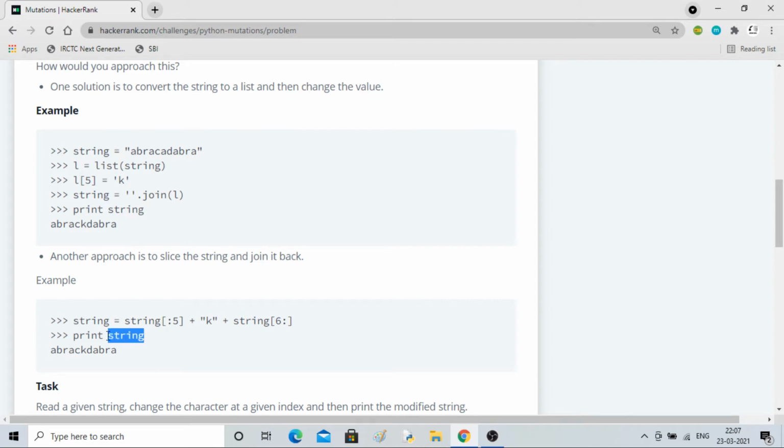So you don't have to use a new variable. You can, but this is more concise. If you print it, you will get this.